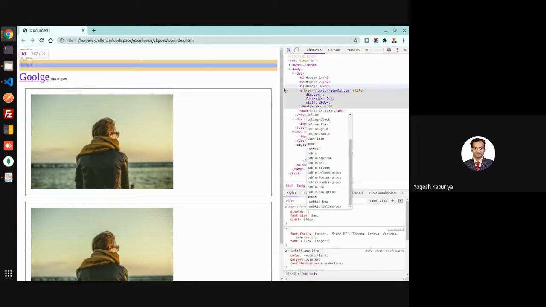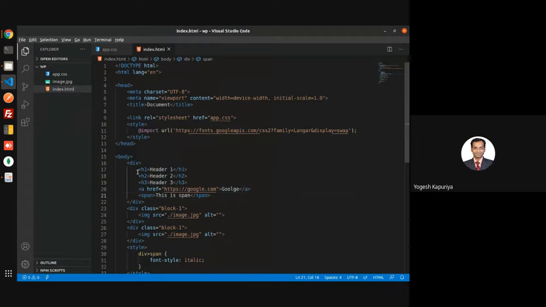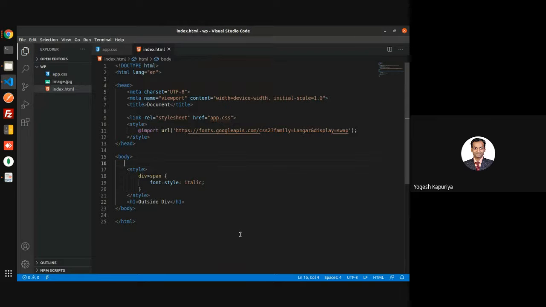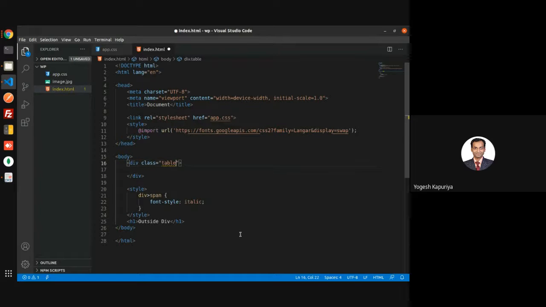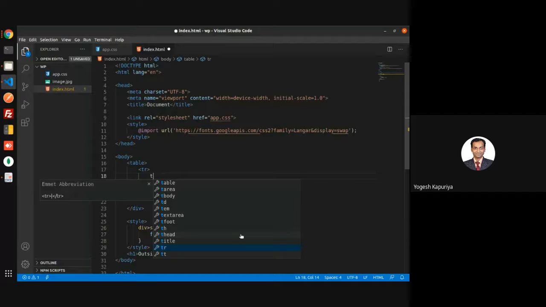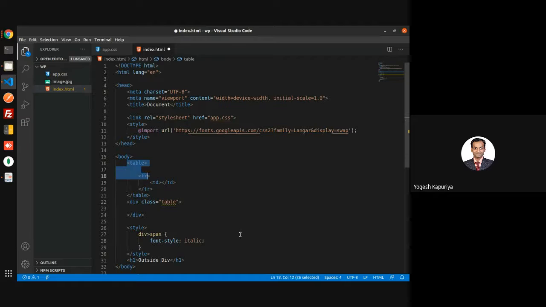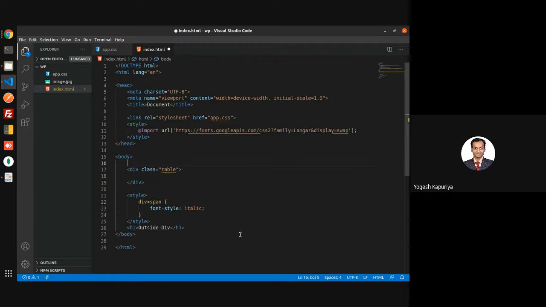Let's say you want to create a table using div. If you know the table syntax, this is your table, then tr and then td. This is by default. Then you have tbody, thead, etc. There are many, but let's say we want to create a simple table using div.